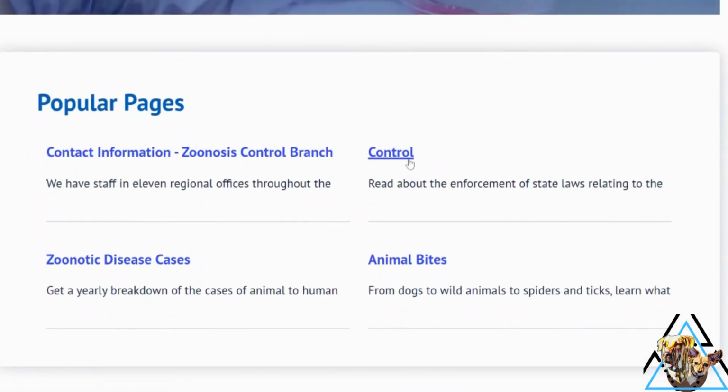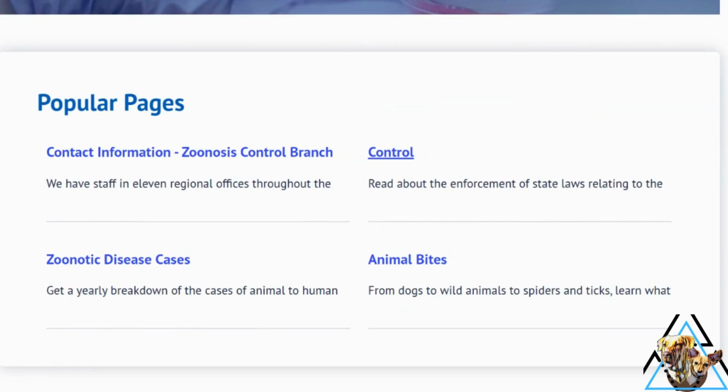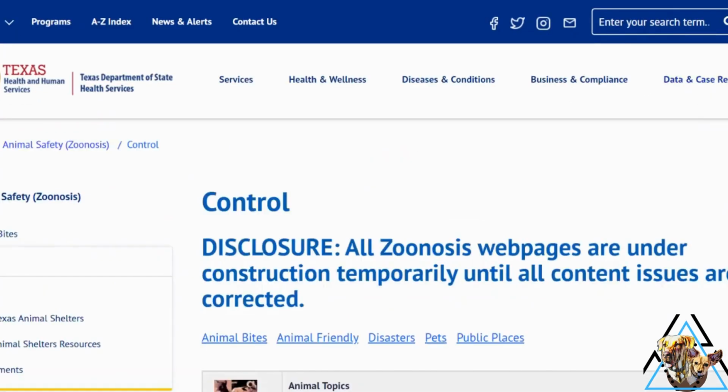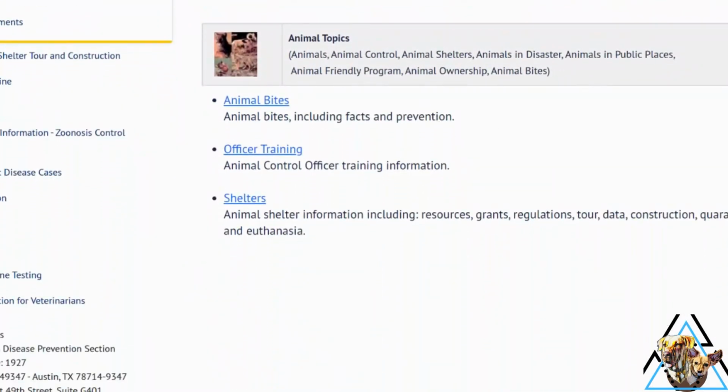You have control here, read about the enforcement of the state laws relating to the animal control officer. Here they have the animal bites, including facts and prevention. They have officer training and shelter as well, information for that.